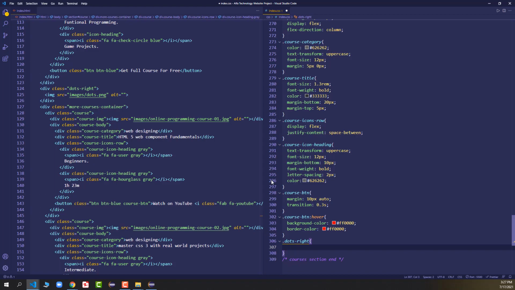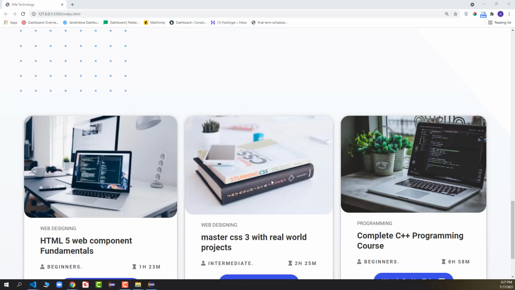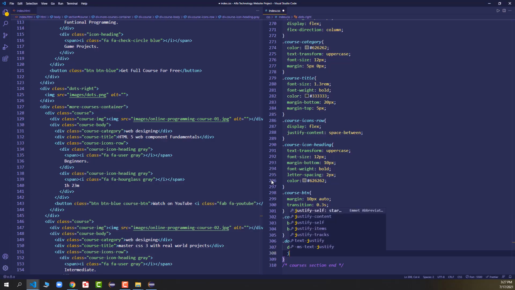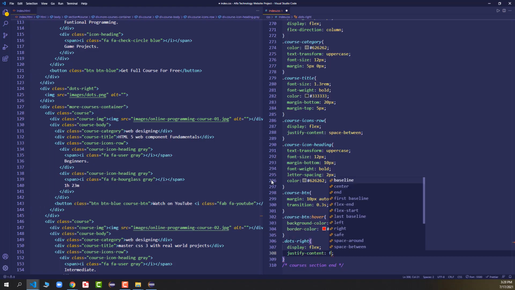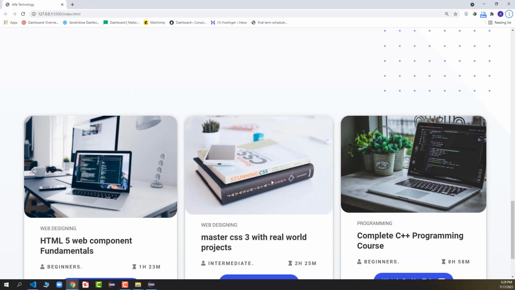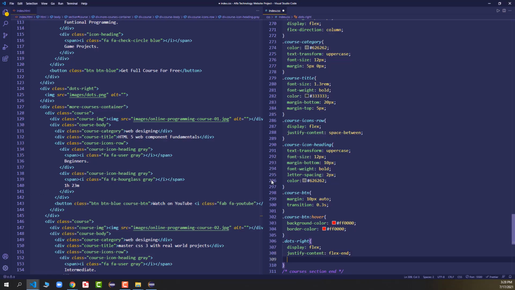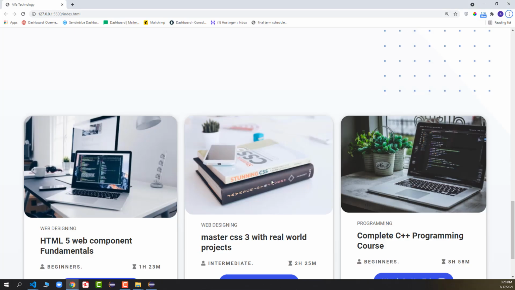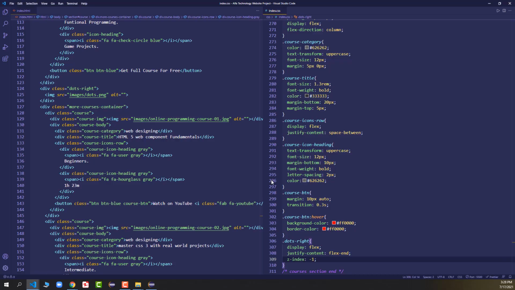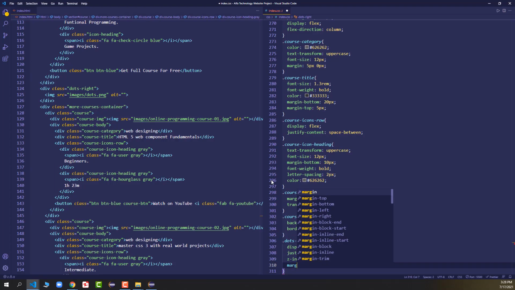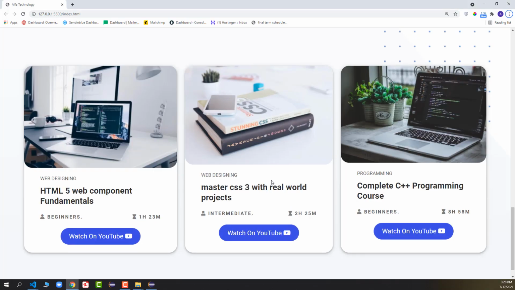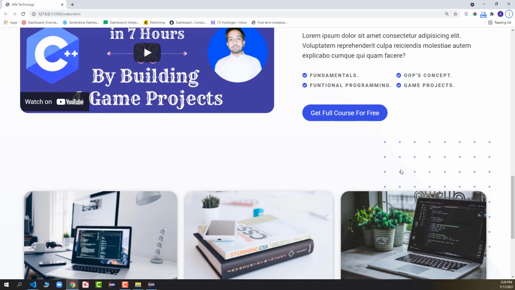In here, inside of it, first of all, I will make it display flex. You can see nothing happens for now, but I will say justify-content flex-end. It will be on the right-hand side. Okay, after that we'll say z-index -1. Now there is no effect for now, but here we'll say margin-bottom -200 pixel. Now as soon as we say this, see, this goes backward, and this is how our more courses section will look great.